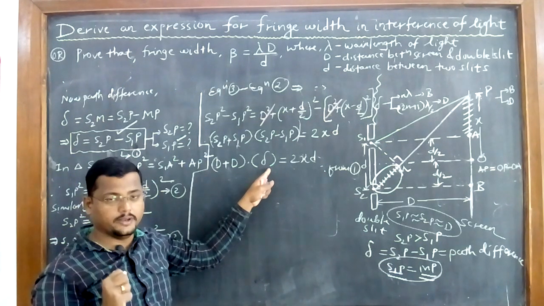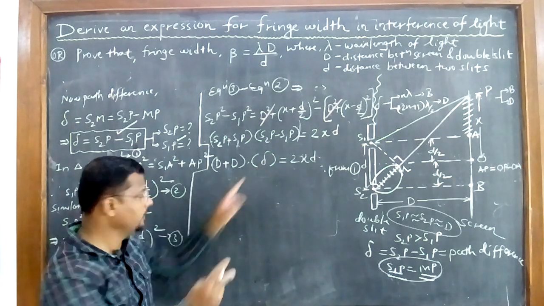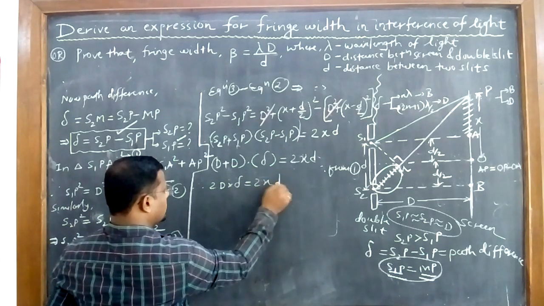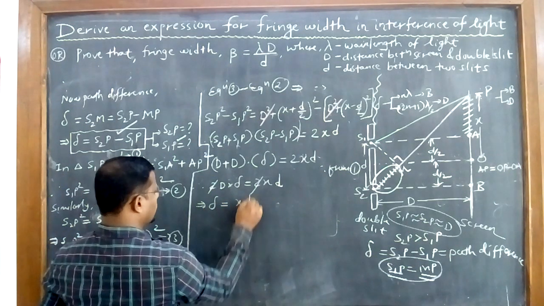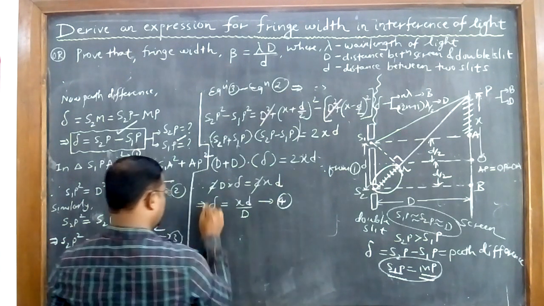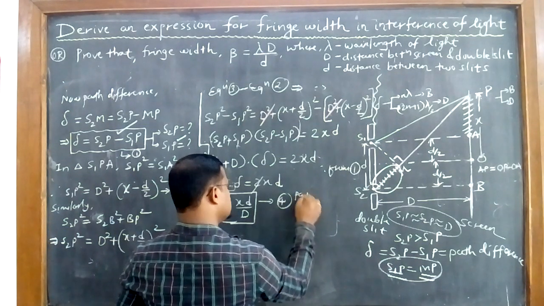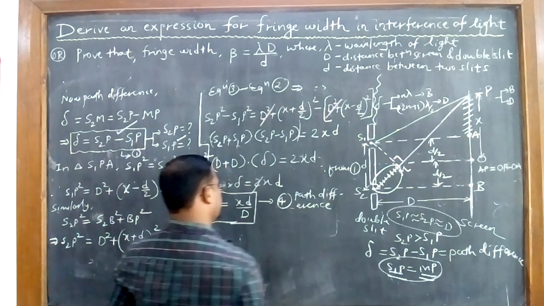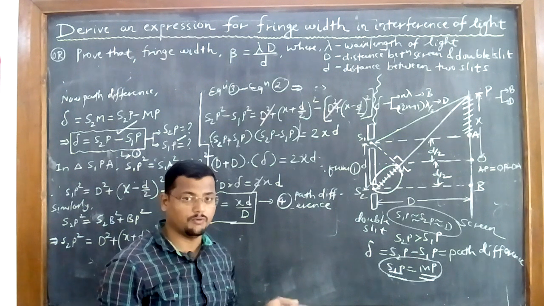Already my equation number 1 is waiting for S2P minus S1P, the path difference, which is going to be equal to delta only. So D plus D, 2D, into delta is equal to 2xd. Now this 2 would be cancelled, and this implies my path difference delta is equal to xd divided by D. This is my equation number 4. Now this gives the path difference here, and this path difference can be equal to nλ for bright fringe,